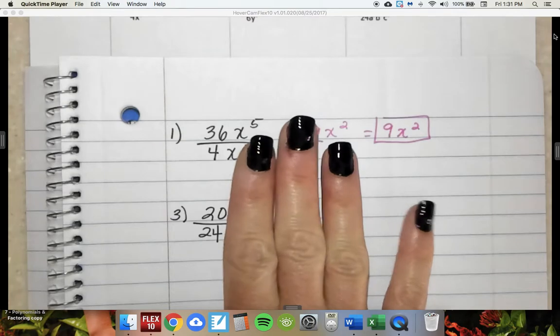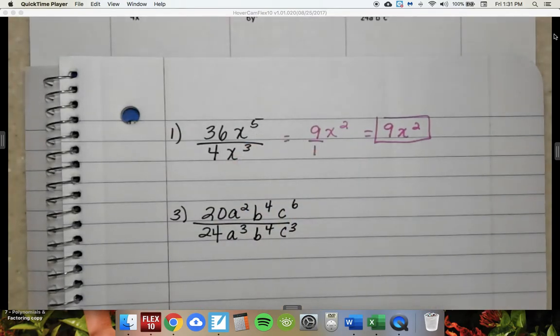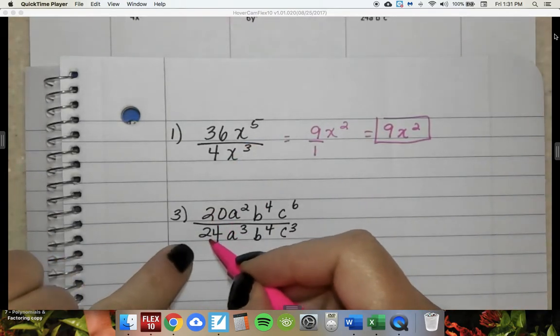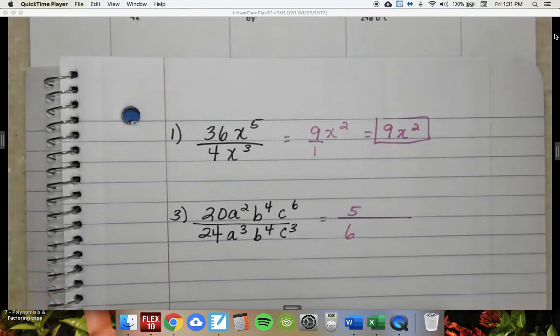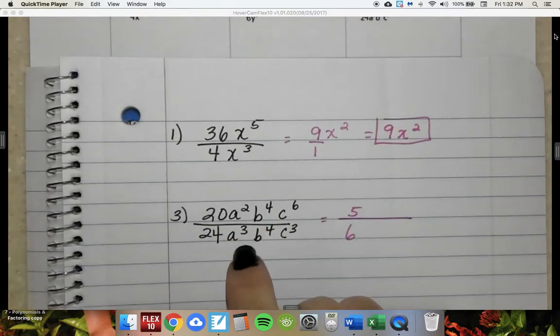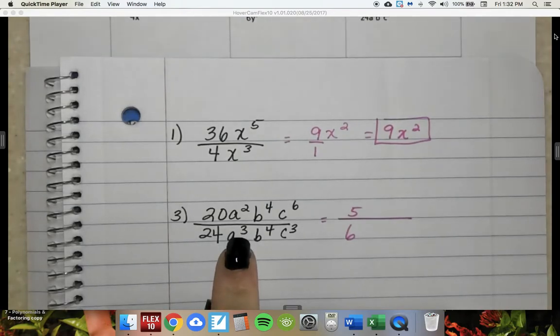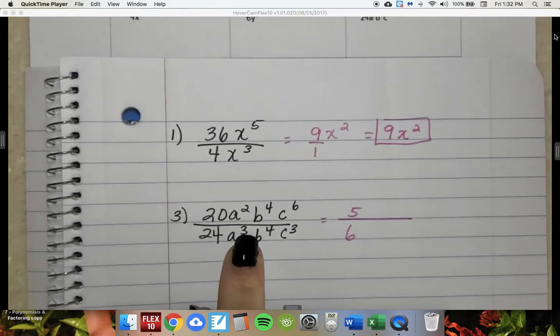You could divide them both by 4. So if you divide this by 4 and you divide that by 4, it's going to become a 5 and a 6, right? Now we focus on our variables. A squared on top, A cubed on bottom. What's 2 minus 3? -1. That would mean anything with a negative exponent would have to be moved down to the denominator to become